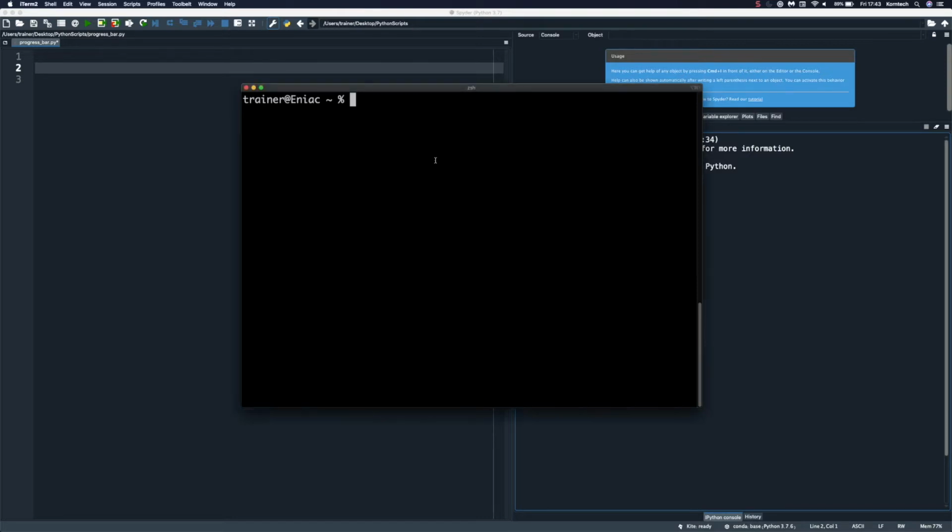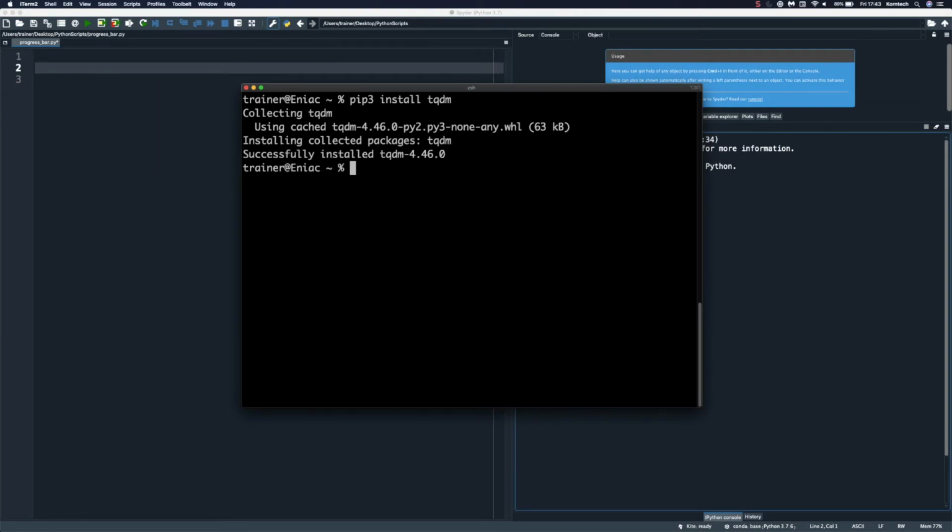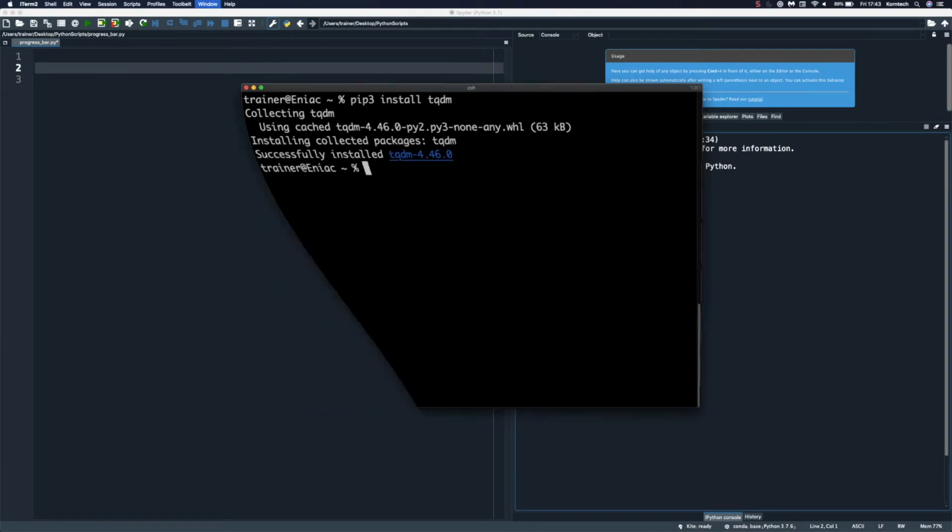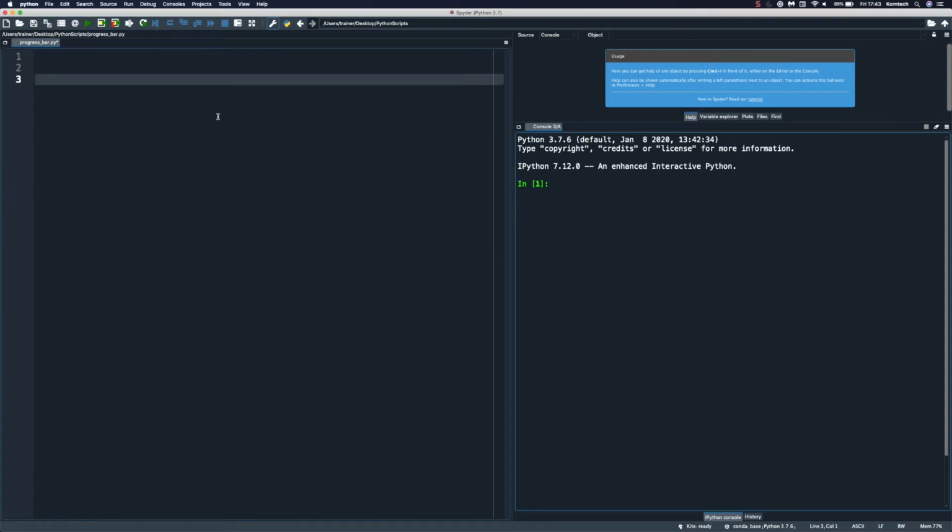So I'm here in my terminal and I'm going to use the pip3 utility to install it. So pip3 install tqdm, and this shouldn't take long. We should be able to see in a second that it's been downloaded. There it goes. Okay, so now I'm going to minimize this and we'll go straight to my